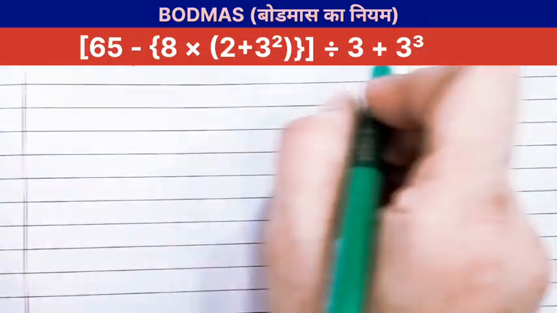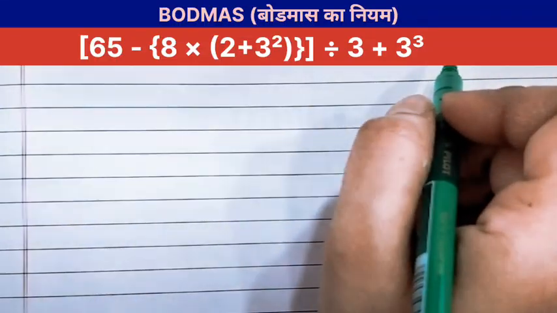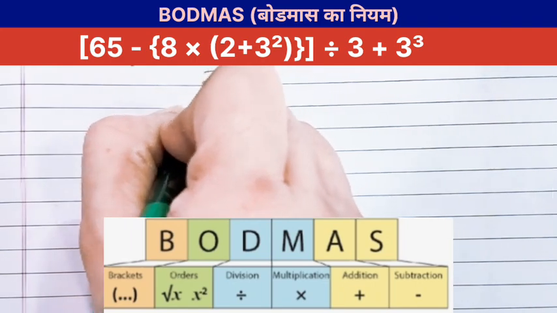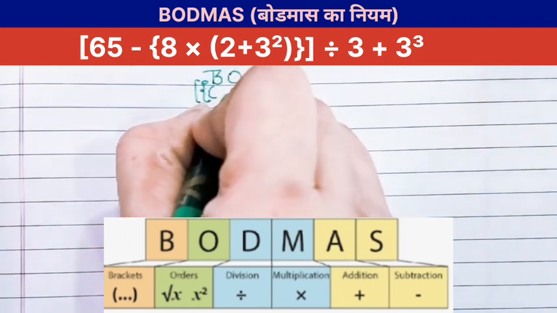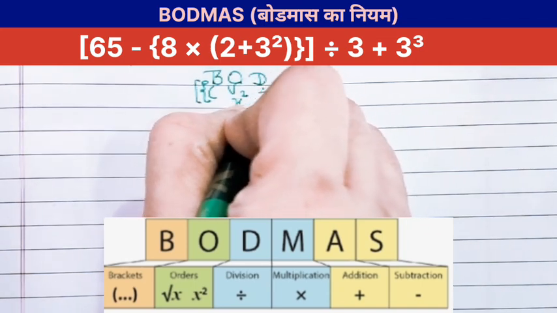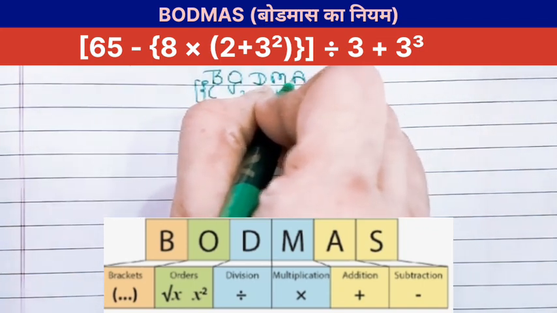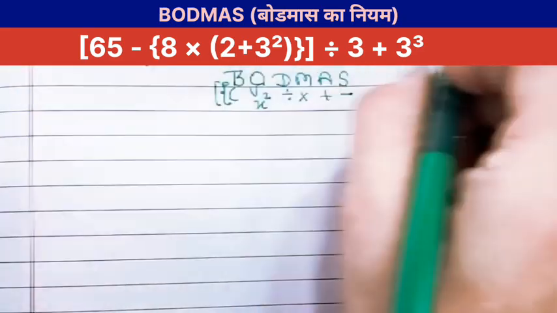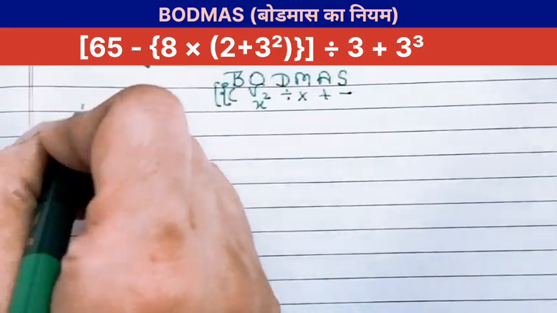Hello friends, now according to this expression we use the BODMAS rule. The BODMAS rule says first we solve brackets: small bracket, curly bracket, then square bracket. O stands for orders, or we convert into multiplication, we solve roots and exponents also. D stands for division, M stands for multiplication, A stands for addition, S stands for subtraction. Now according to the BODMAS sequence we'll break down this expression with a step by step solution.